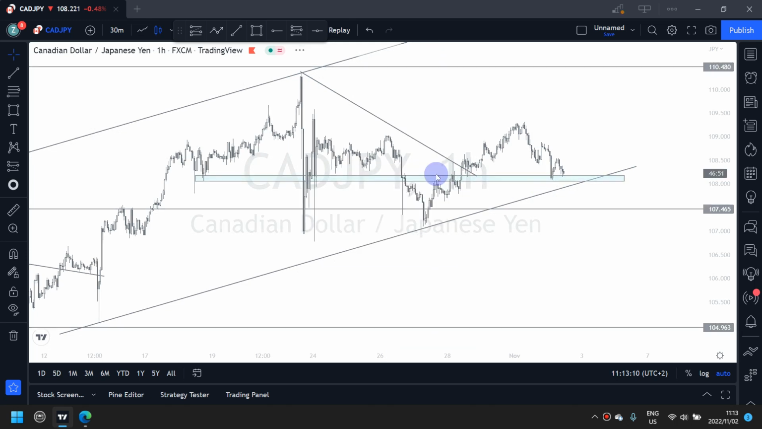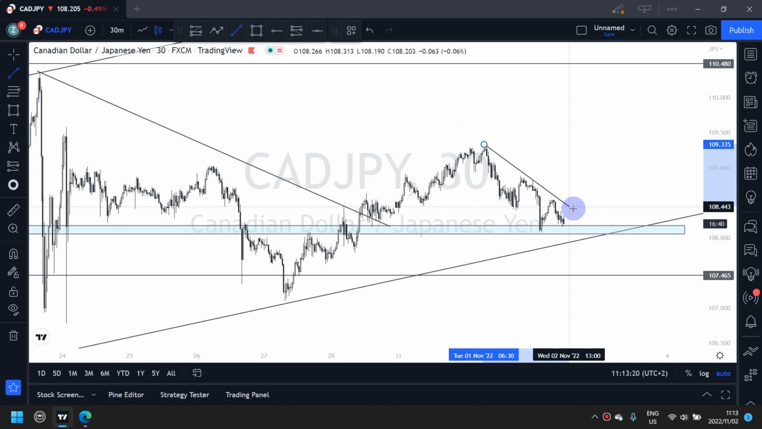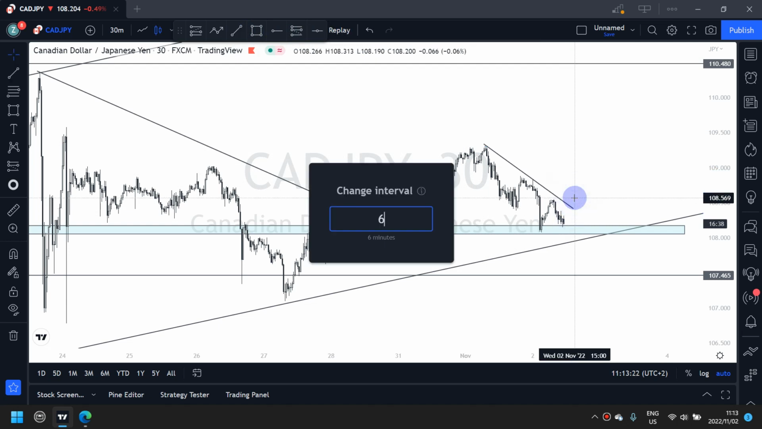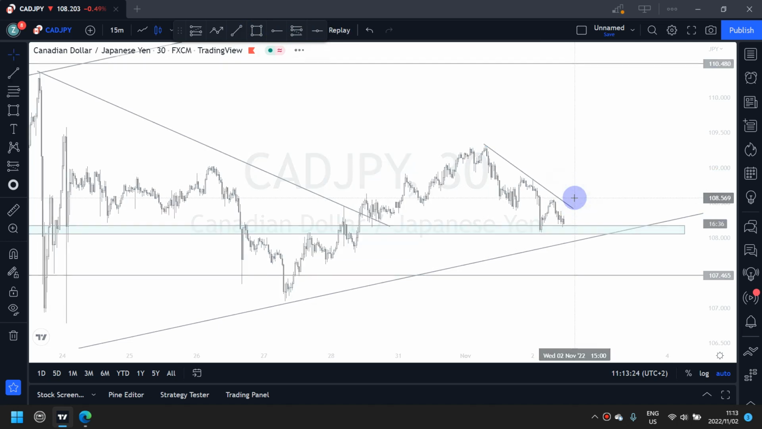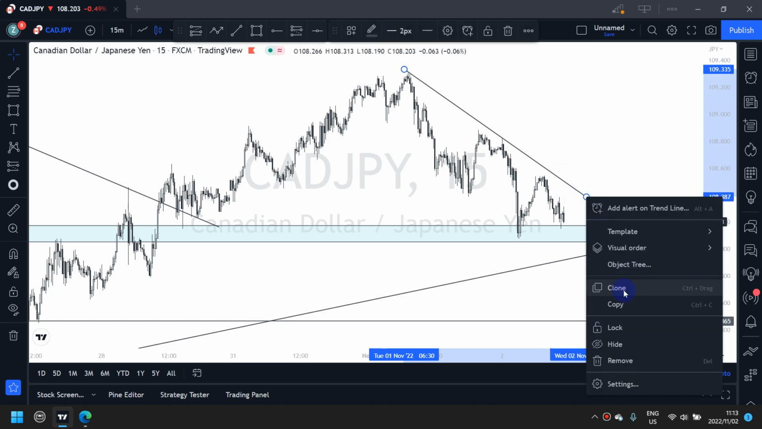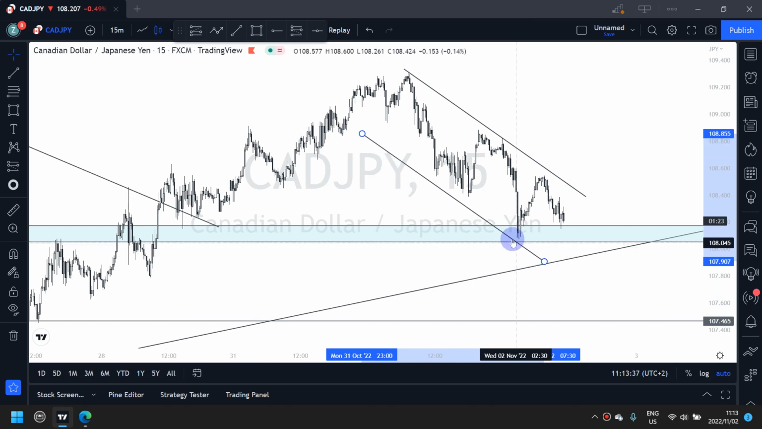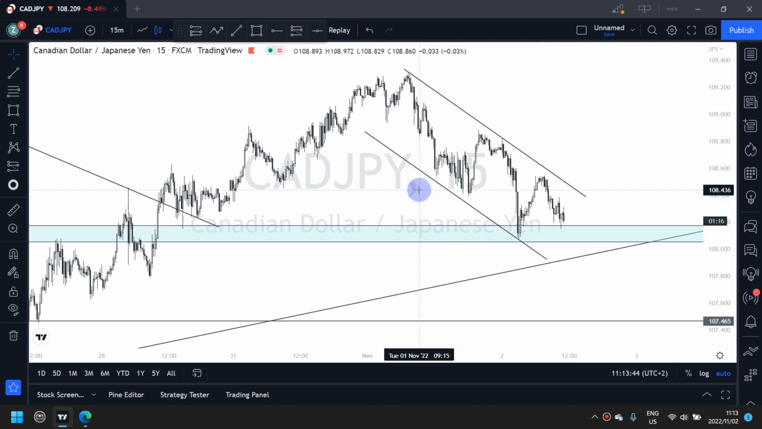So moving deeper to the 30 minutes, I'm also seeing a small downtrend, which is this downtrend here. Okay, let me move to the 15 minute time frame. Yes, this is the small downtrend that I'm seeing on the 15 minute time frame. So basically on the 15 minute time frame, I do not like having trend lines because it's a smaller time frame,